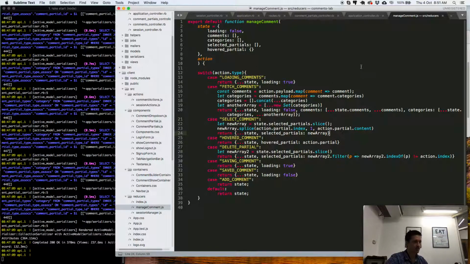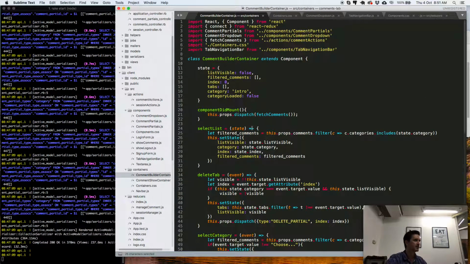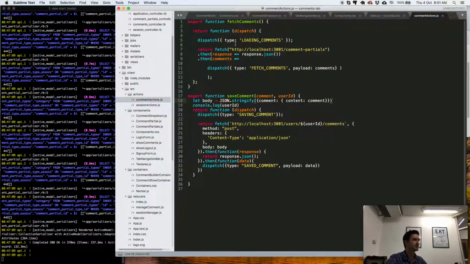Fetching the comments happens at the very beginning when you first open the app. That's the first thing that happens, that fetches all these comments, I believe. Maybe when I click Comment Builder. I think it's when I click Comment Builder. This component, once it mounts, will then send a fetch request, which is asynchronous, using thunk, through here, fetch